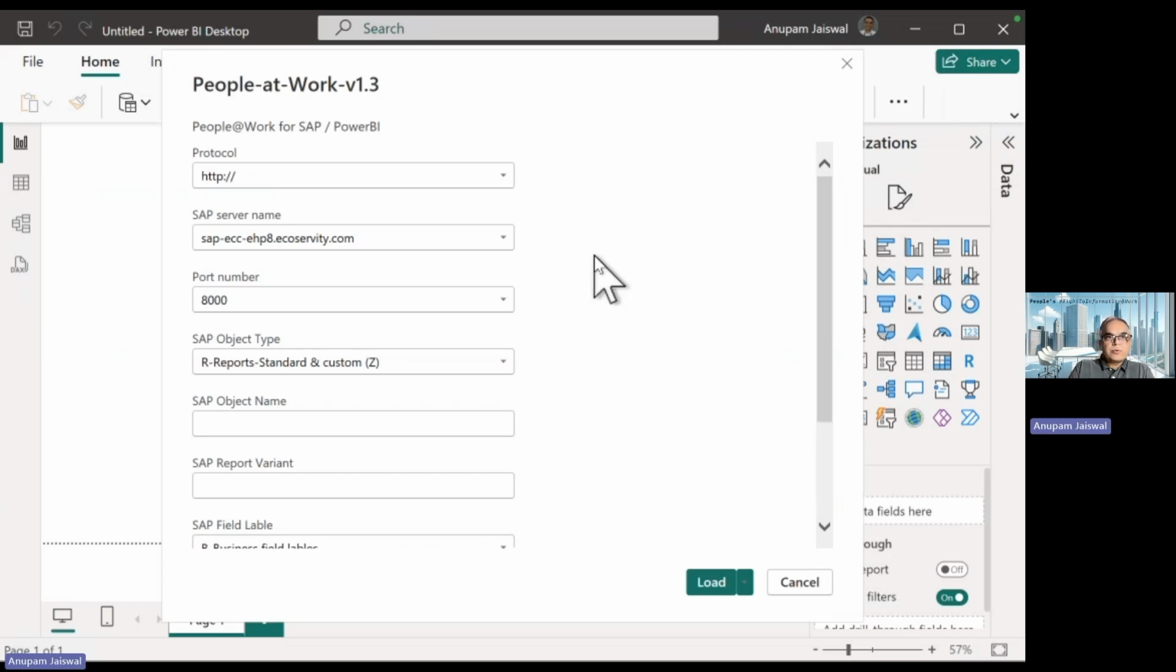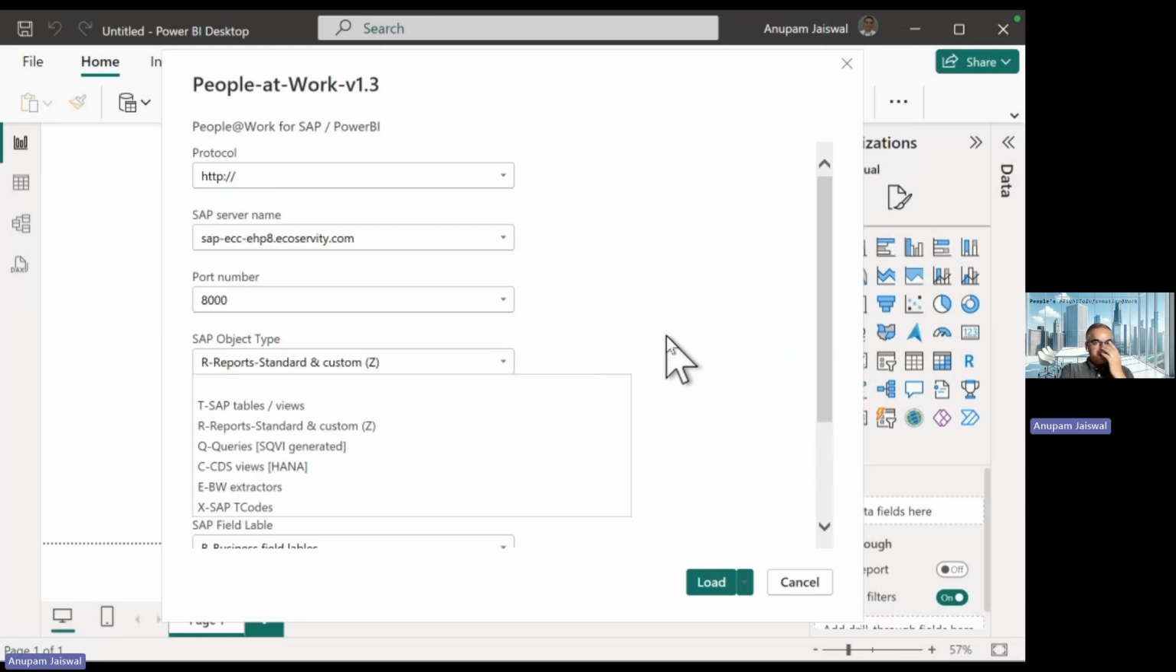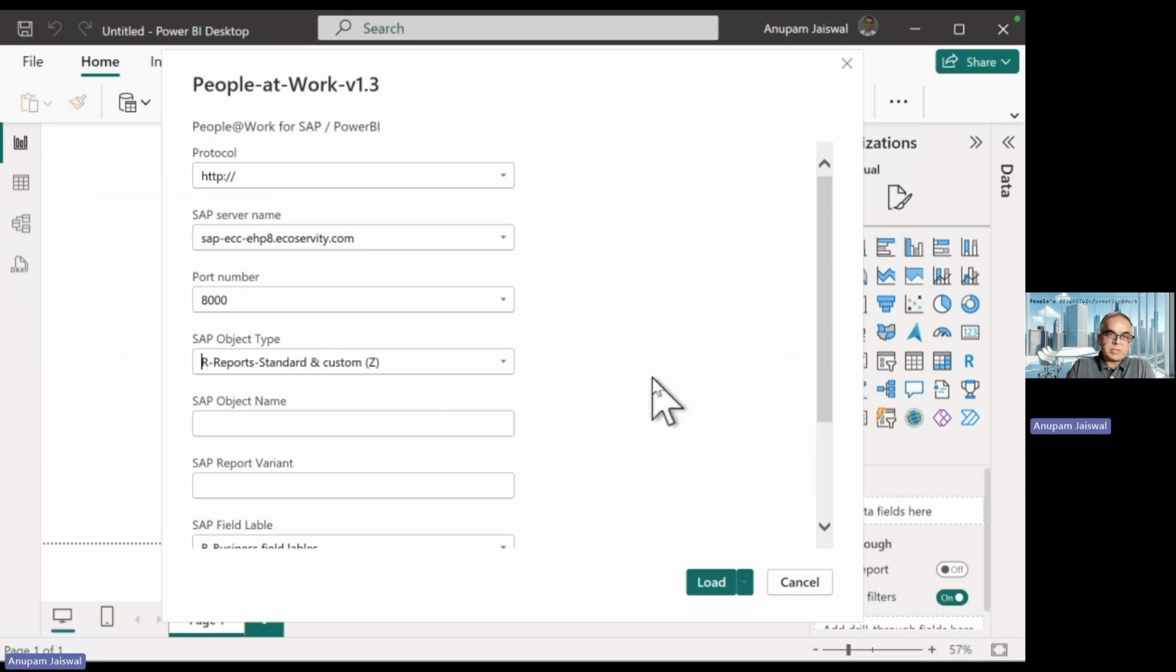So when we log into our people at work Power BI connector, essentially it asks for a few questions. What's the protocol? Which SAP server to go to? Port number, let's leave those as standard, and then there are a few options here. I can pull tables, I can pull standard reports, queries, CDS, that's for HANA. I can pull data from BW extractors or SAP tables. Let's use the favorite RM07 talks once again. So we'll go with the reports